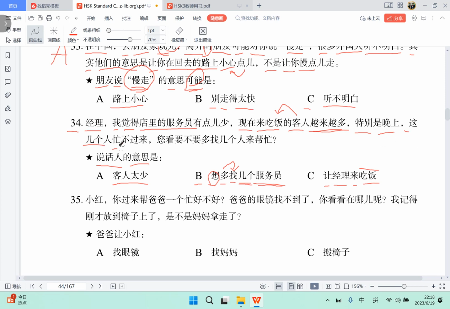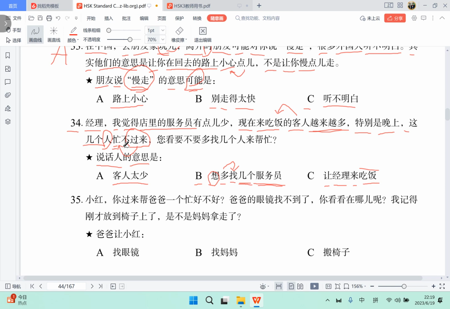So these several waiters. Actually 人 here indicates the waiter. 忙不过来: 过来 here is a possibility complement, used to describe 忙. So these several people are too busy, they can't handle the situation. That means 忙不过来: they are already very busy with the work but still can't